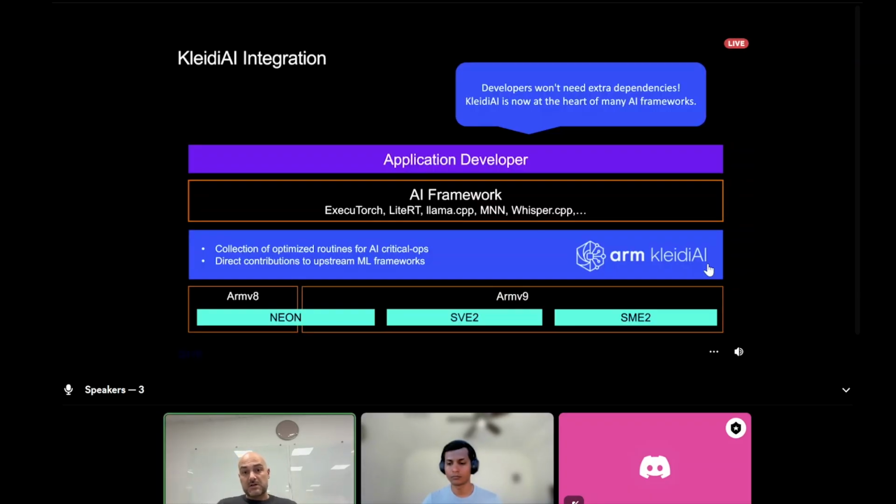So, and this is actually the Cloud AI integration. From an application point of view, you are not exposed to Cloud AI because it is already enabled by default. It is already integrated into different frameworks: Executorch, LightRT, Llama.cpp, MNN, Whisper.cpp. All of these frameworks have Cloud AI enabled by default. And Cloud AI has optimizations for different CPU technologies. It's not just about Neon, but also nowadays for the latest SME2 technology,